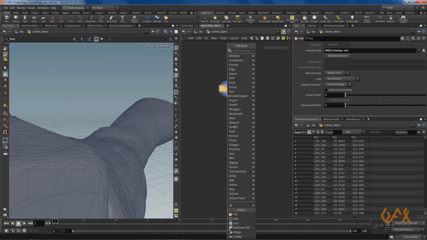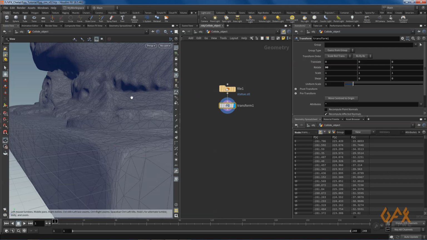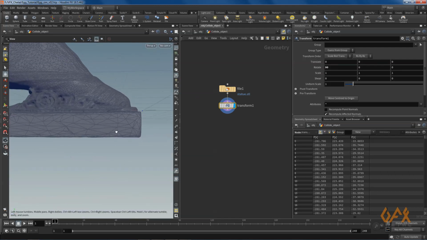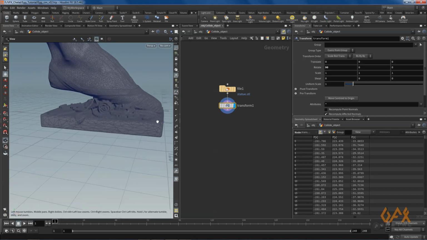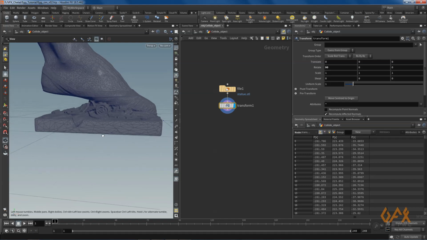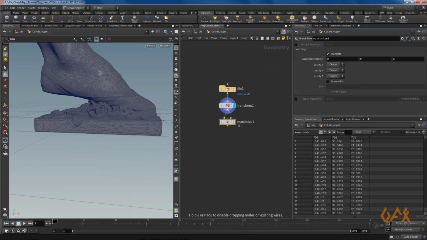So for that I have to create one transform node and I set it to X 90 degree. Now see, I need this geometry to sit on my ground. Normally we prefer to create one transform tool and then we move, we go to side view or front view and we manage it. But here there is one more operator that will help a lot for this kind of task, and that is match size.